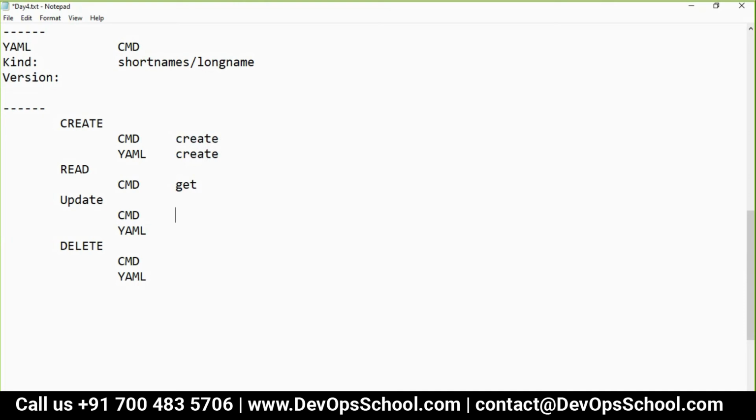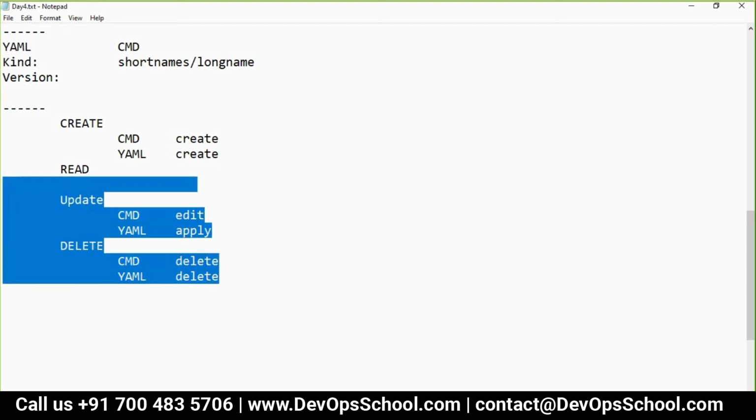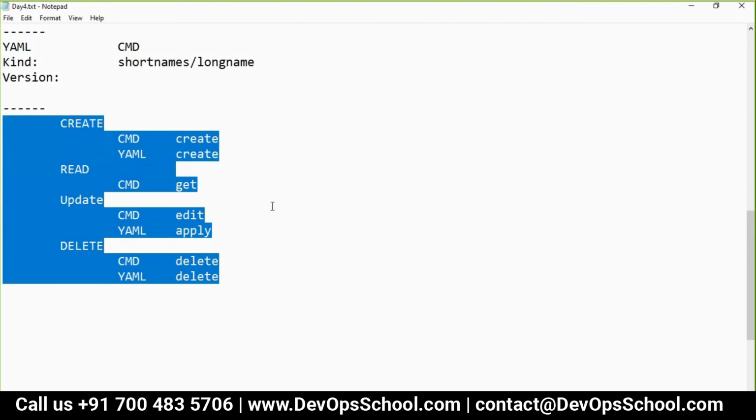When you update it, what command will you use? Edit. In a YAML file, apply. When you delete it, which command will you use? Delete. And in a YAML file, delete. Guys, did you understand? Table.